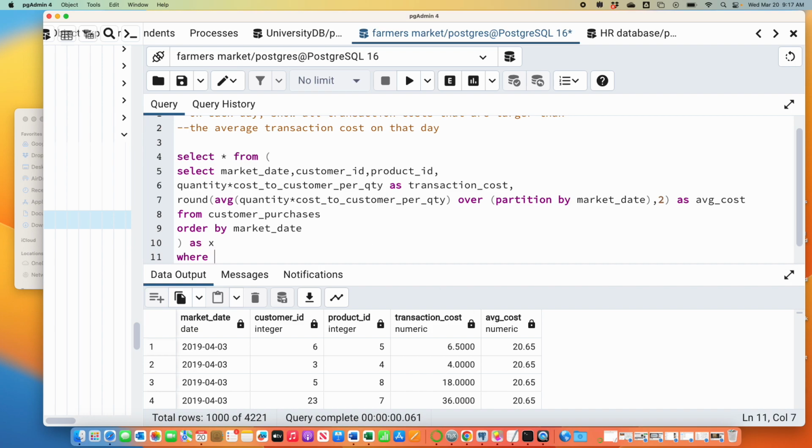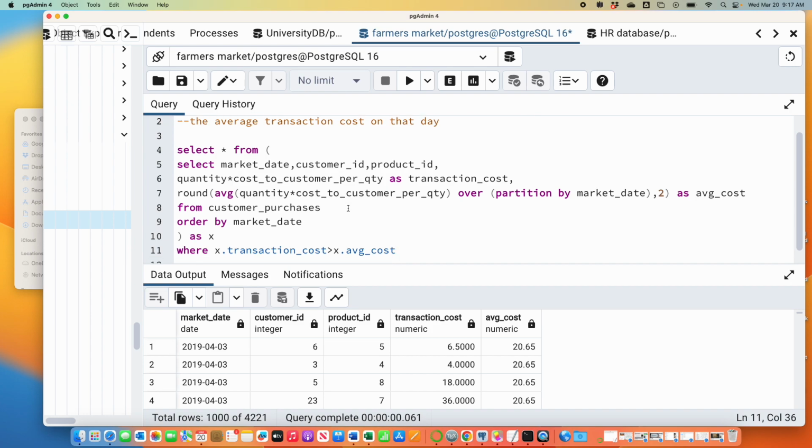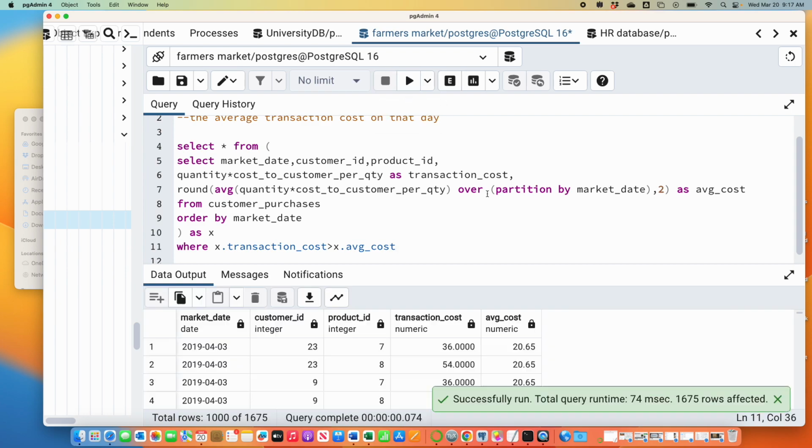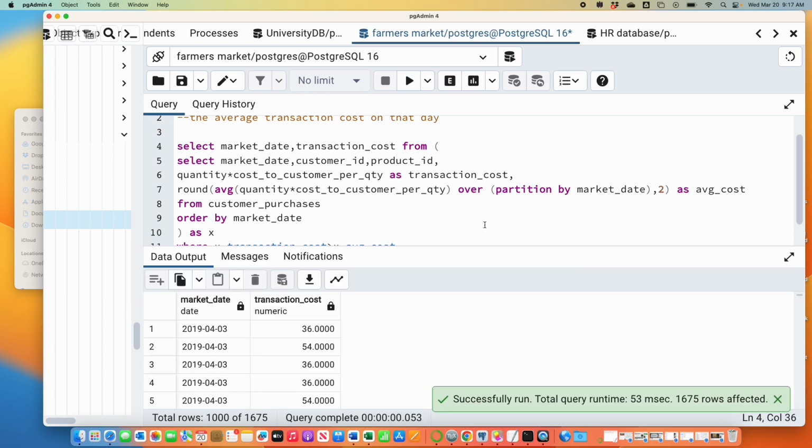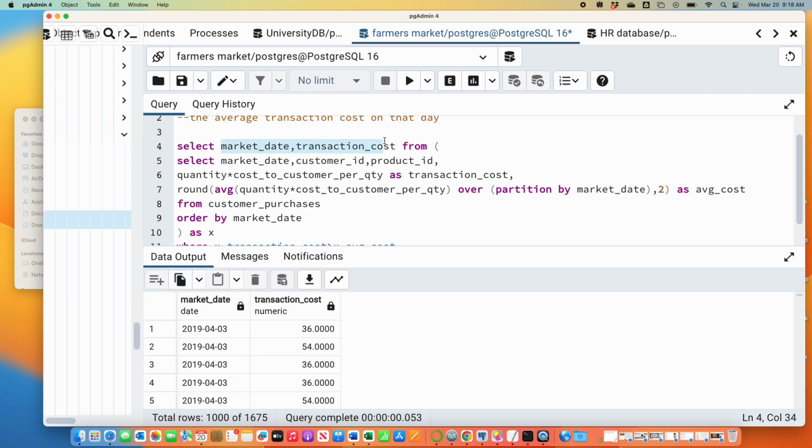I have to give the new table a name. Transaction cost is greater than. So do you all recognize this kind of structure from Monday? Okay. So you can do that again if you want. And now it shows you just the transactions that are bigger than the average, and it kept the average. Like when I do select star here, it's going to pull every single column from this subtable I made. So if you don't want to see all that, you can always ask for fewer columns. Just depends on what you want to see. Yeah. Can you scroll down slightly? Yeah.